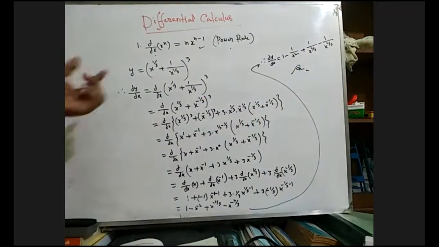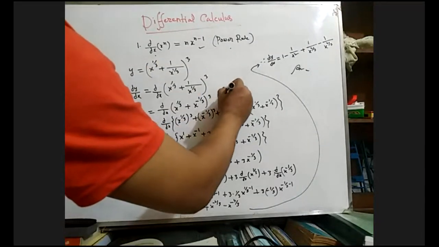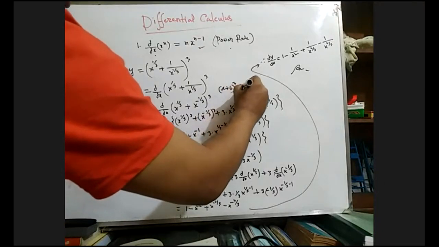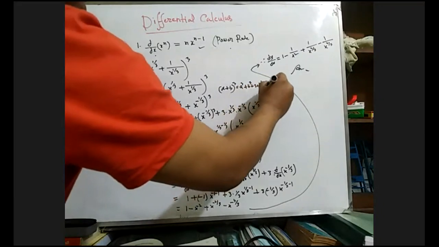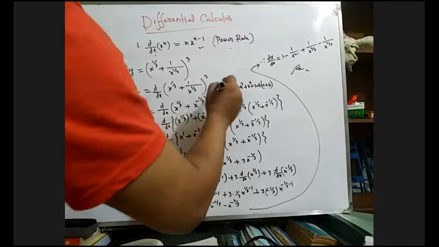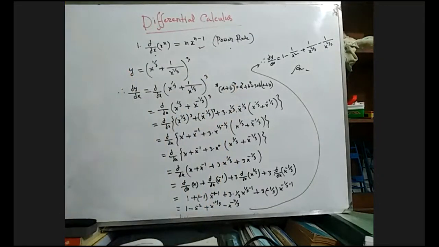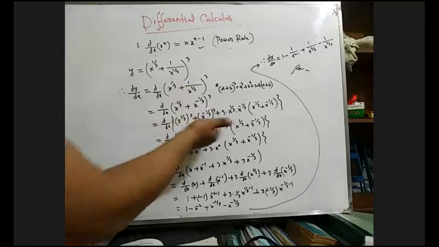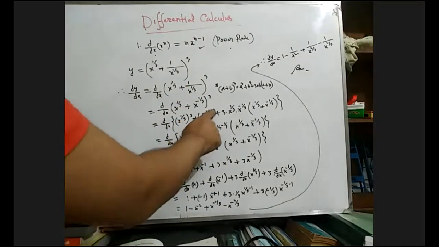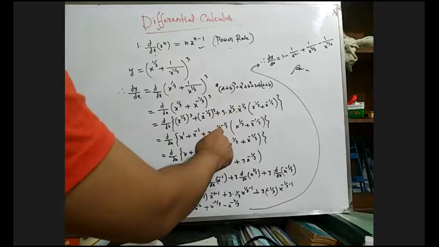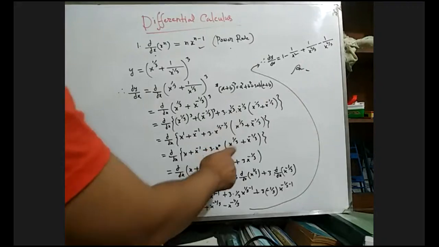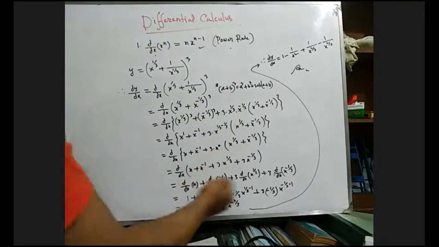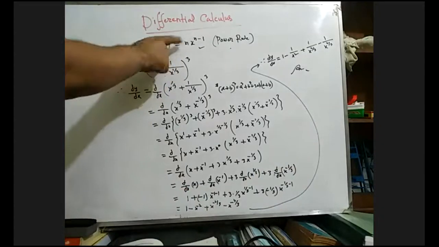First of all, we have to simplify this using the a plus b whole cube formula: a plus b whole cube equals a cube plus b cube plus thrice ab into a plus b. Using this identity, we can write the expansion. Then 3 will be cancelled. For x to the power 1 by 3 with the same base, the powers add to give x to the power 0, which means 1. So 3 into this plus 3 into this. Now just multiplying d/dx and using the power rule. Very easy for you.